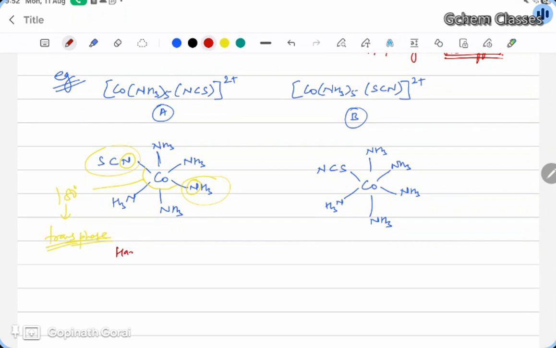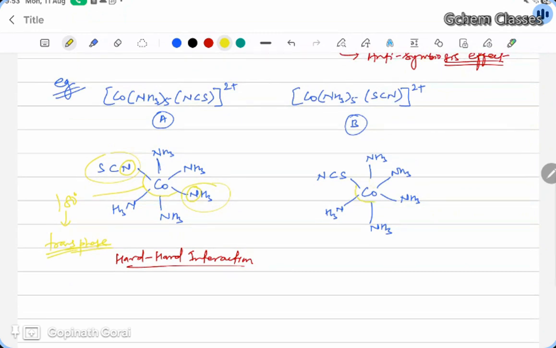It is hard interaction, right? Now likewise the second one, if we see, this is the 180-degree angle, means this is the trans phase to each other, right? As I told you in the previous example, for example A, this is also not a trans isomer, but I'm telling that this belongs, like we can say that 180-degree angle, so these two are in trans phase